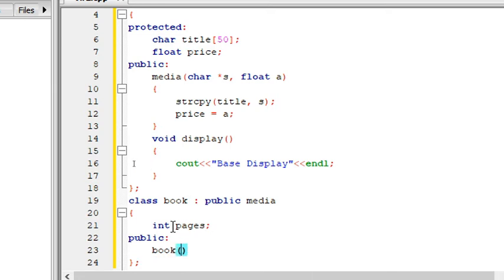And before giving the value for pages, make sure you're giving value for the base class's details. So let me copy the same. I say character star s comma float e. And now you can give for this pages. So that's the return type is integer. So let me say integer